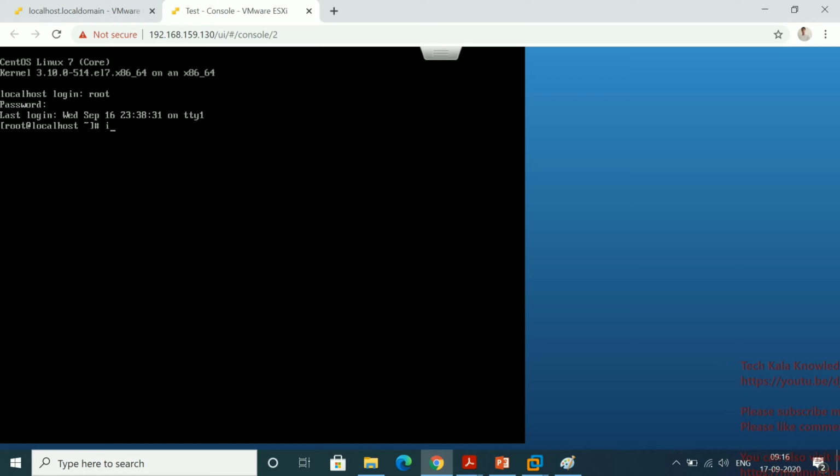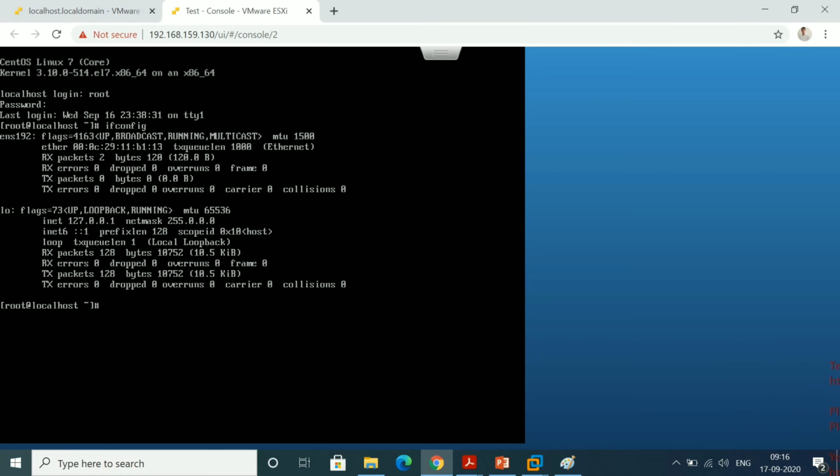You can see that when I try the ifconfig command, no IP is showing. Only the Ethernet card, ens192, is showing, but no IP, no subnet, nothing is showing. So we have to assign that.